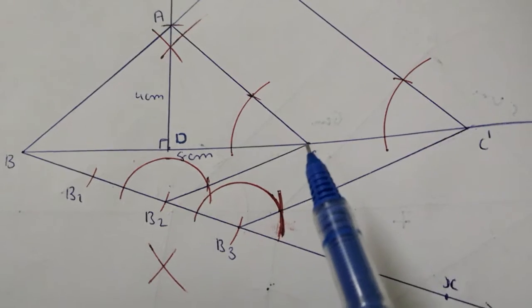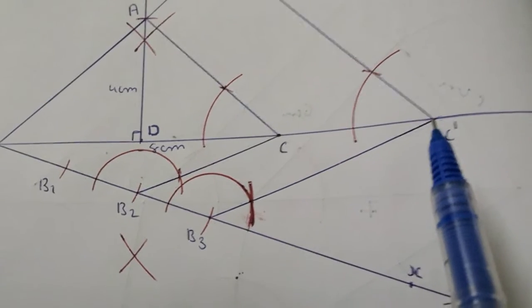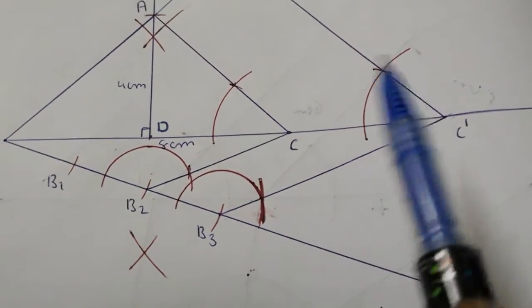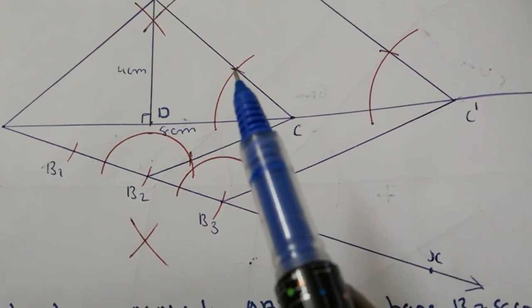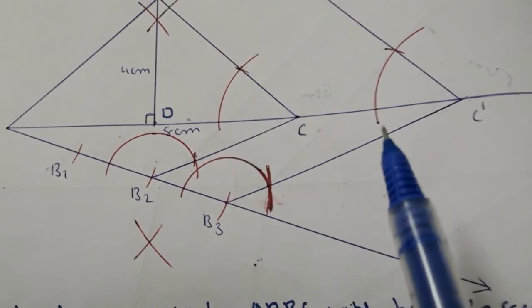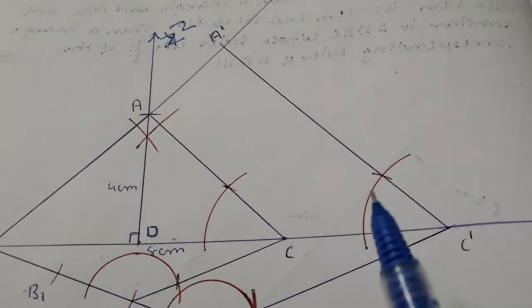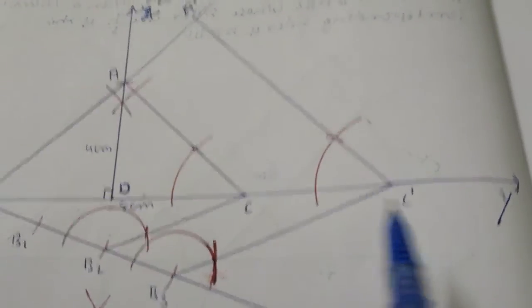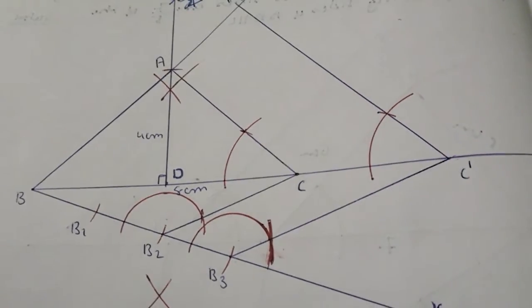In the same way with point C, you are going to draw an arc with the same radius. You are going to draw an arc from C dash. Now you find the distance between these 2 points by placing your compass over here and extending your pencil up till here. With the same radius, from this point you are going to draw an arc. So from C dash, passing through the intersection point of the arcs, you are going to draw a line segment intersecting ray AD at point A dash. Then construct A dash C dash and B3C. You will get your required construction.